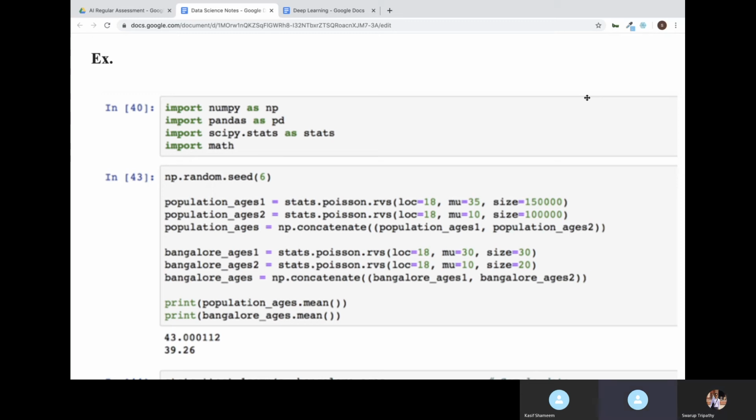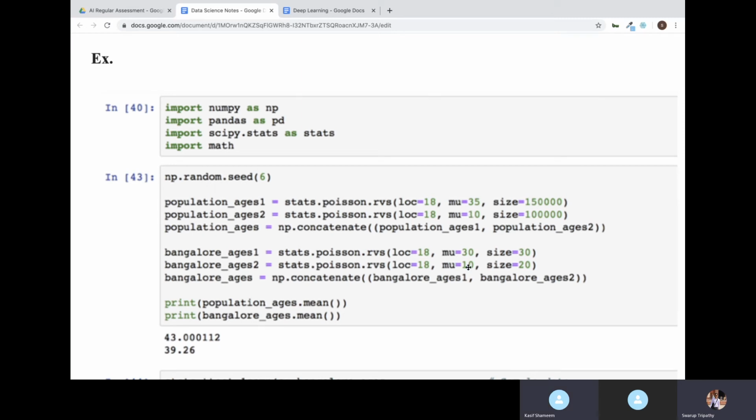But for me, it's becoming a lot of difference. No, see, for the first one I have given MU as 35. Then for the second one I have given MU as 10, population. Then again for Bangalore, I have given MU as 30. Then for Bangalore, the second one I have given 10.